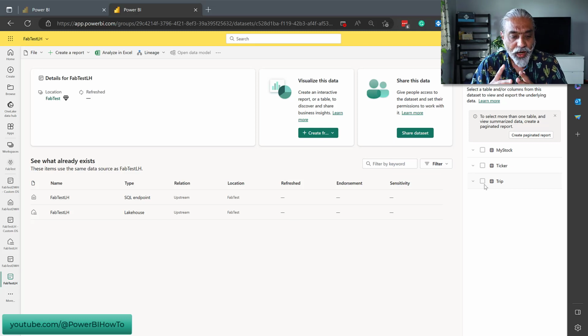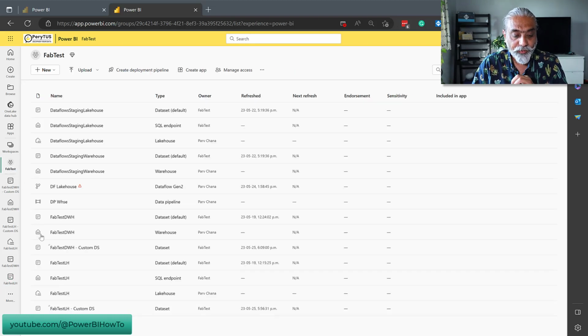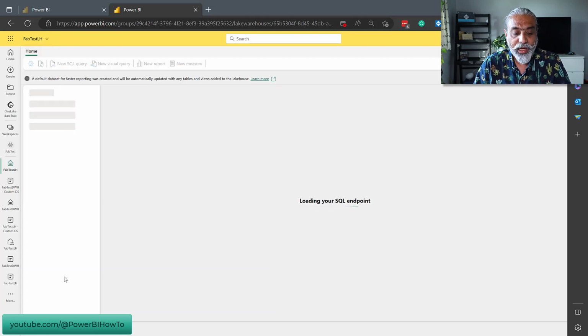And I actually stumbled upon this. Let's say you're using the default dataset for whatever reason, which I'm not sure I will use, but I guess there has to be a reason to use the default dataset. But if I really wanted to remove a table from the default dataset, what I found is, if I go to the FabTest Lakehouse SQL endpoint for that one. And